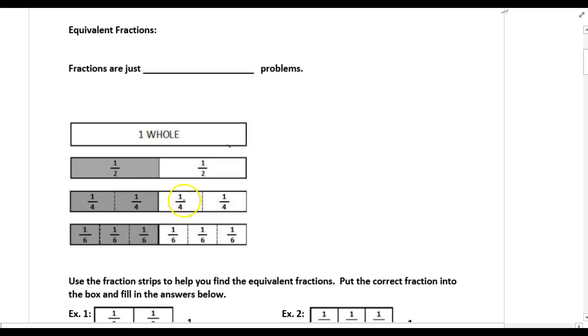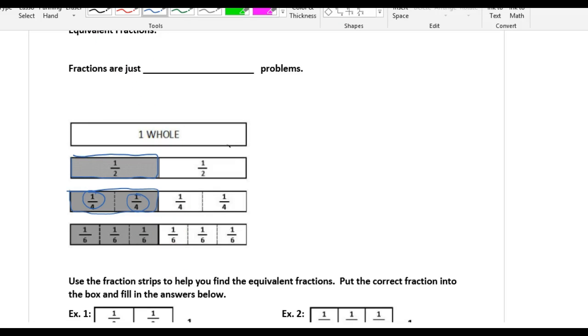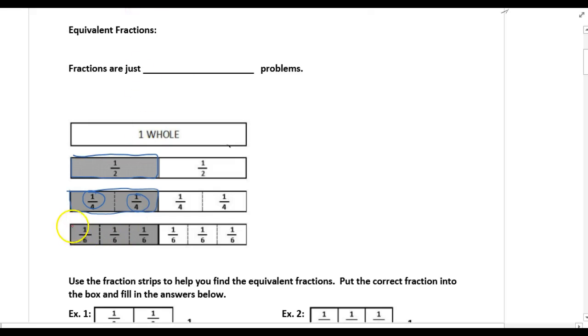But what if I look at this, if I take this fourth here and this fourth here, aren't these 2 pieces taking up the same amount of the whole as this half is? Right? Then if I take it a step further, right, aren't these 3/6 altogether gonna equate to basically a half,